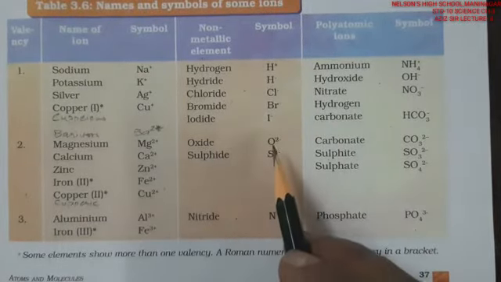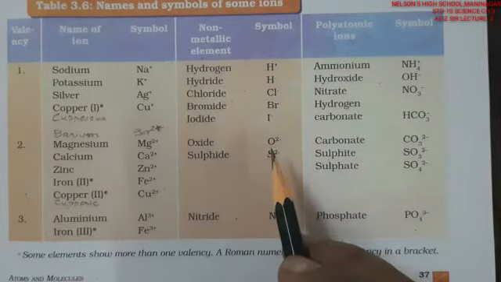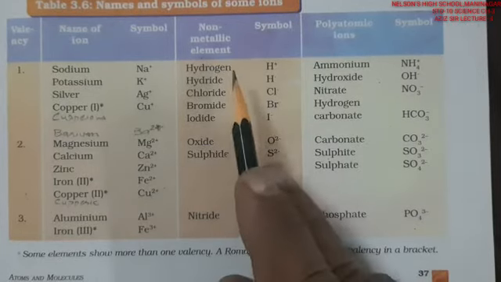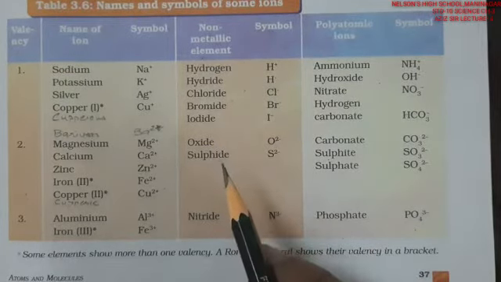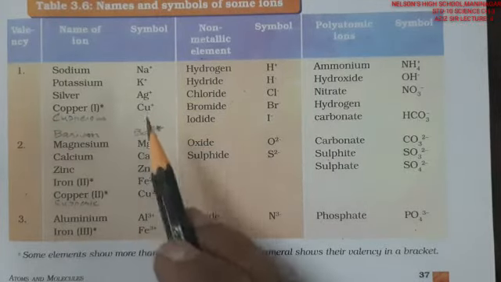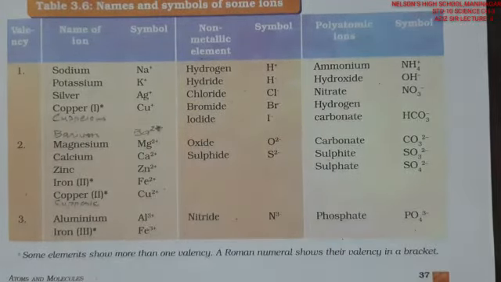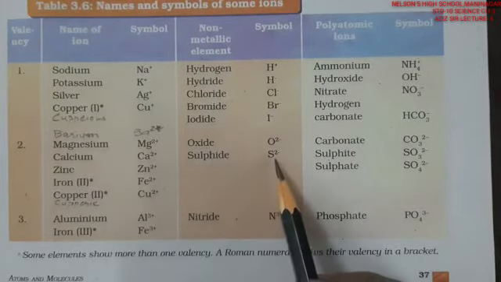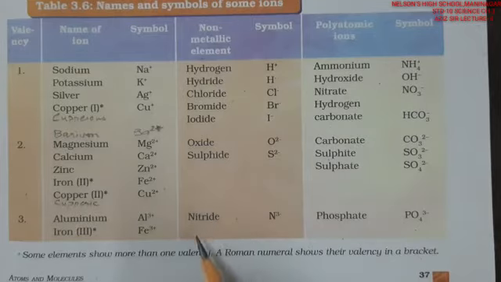Then oxygen is 2- in valency, so this 2- is taken as oxide. The ending -ide is added everywhere for negative ions. A positive valency means losing an electron, and a negative valency means gaining electrons: -1 is gaining 1 electron, and if it is 2-, they are gaining 2 electrons. Oxygen as oxide and sulfur as sulfide, 2-. In the -3 range it is nitride, and phosphorus as phosphide, but not given here.